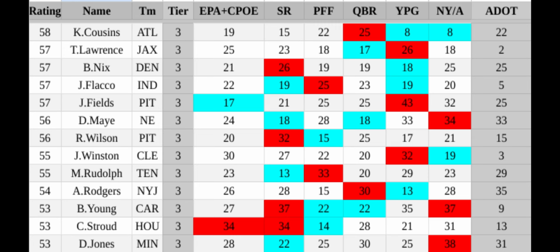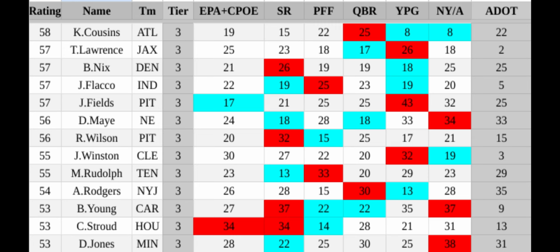But anyways, Lawrence, he was slinging it deep, second in ADOT, and, you know, 17th, 18th for QBR and PFF grade. That's a pretty good advanced analytics placement there. Obviously, he did have the benefit of Brian Thomas Jr., who's awesome. And Christian Kirk is, I think, a reliable number two.